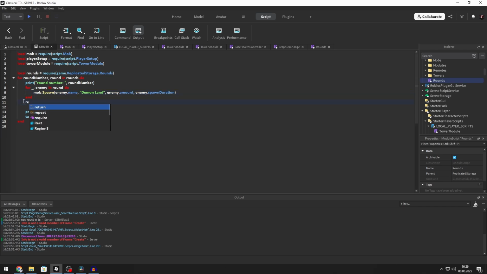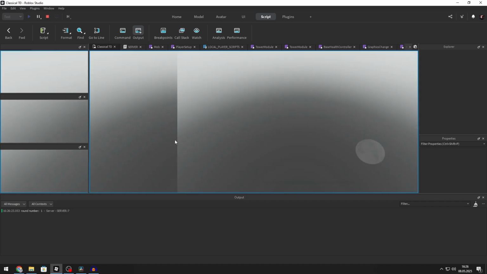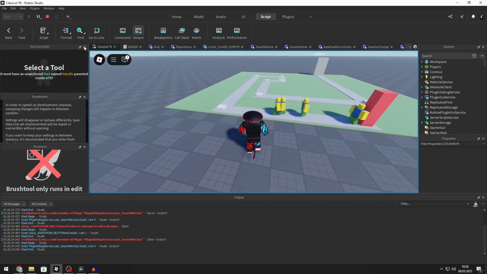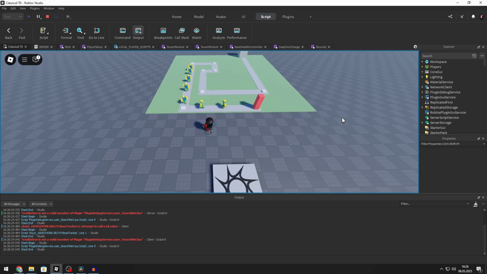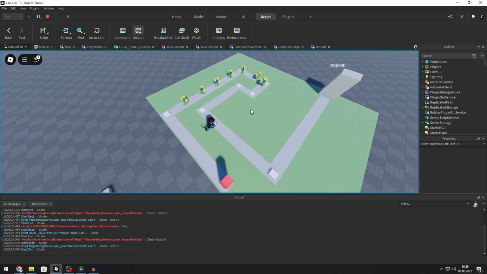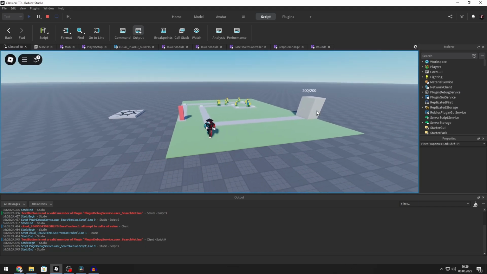Alright, so there's some oh yeah, repeat until the workspace dot mobs get children with hashtag, so its length is bigger than 0, like this. So until it's bigger than 0, it will do that wait for 1 second. Let's see. So it's not printing any new round, and if they came here to the tower,